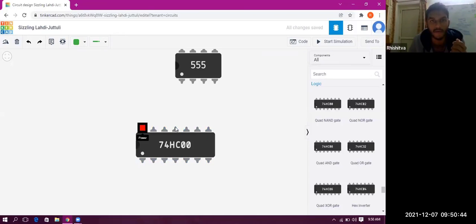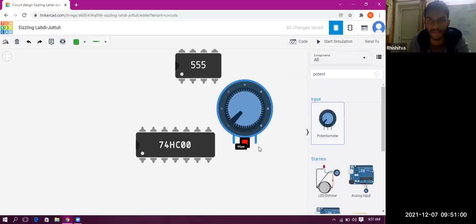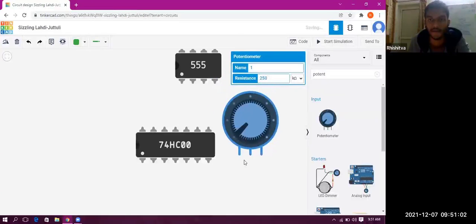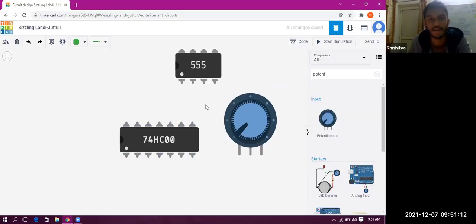Let's say it takes some input, and then it has a set of instructions inside it. Let's say if an input of 2 voltage is given, like you must have studied about potentiometer, right? I will just drag it over here for just an example. So let's say this is a potentiometer, and then when there is 0 volt, 3 volt and 5 volt input. So let's say at 0 volt, it is not getting any power, so it will not do anything. Let's say at 3 volts, it will give out 2 voltage, let's say this is a function of the IC.